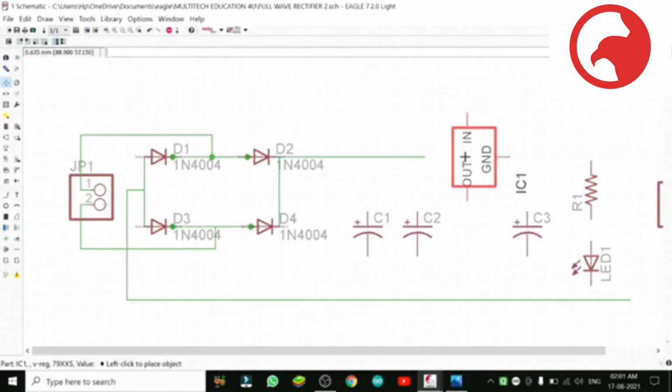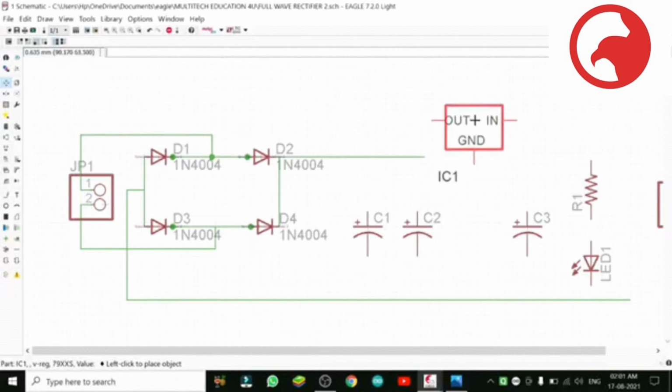Now we have to mirror it, understand? We need to get it mirrored. The in should come on the left side, ground should come down, out should go to the right side. So it was not connected also.